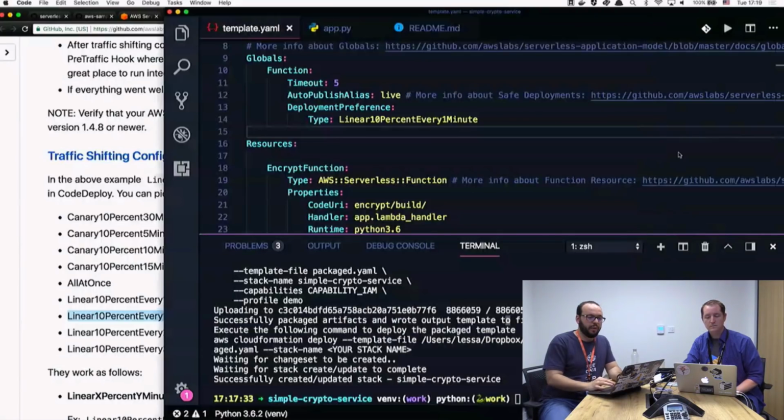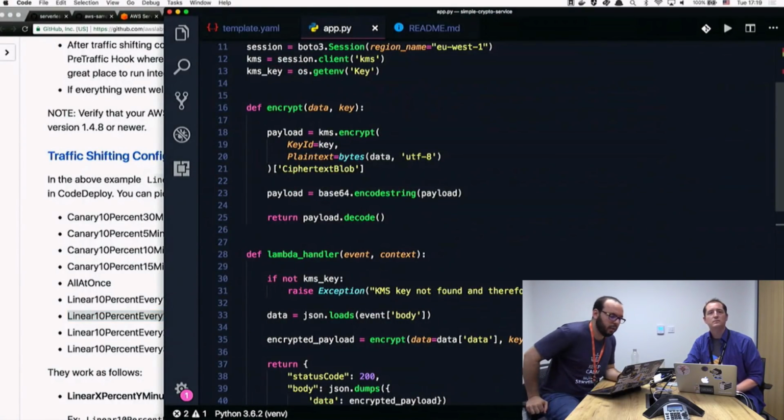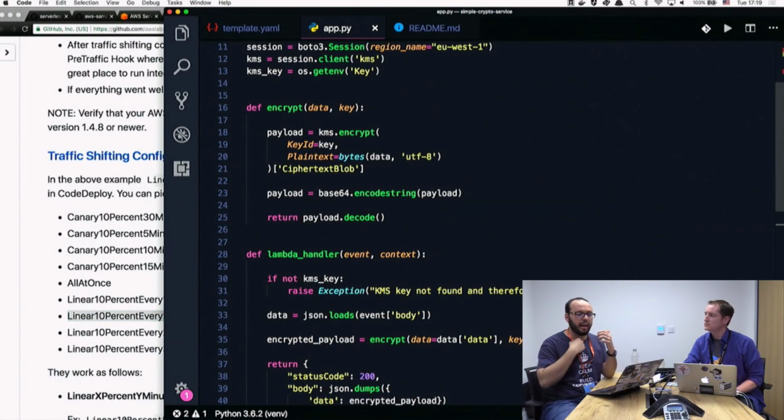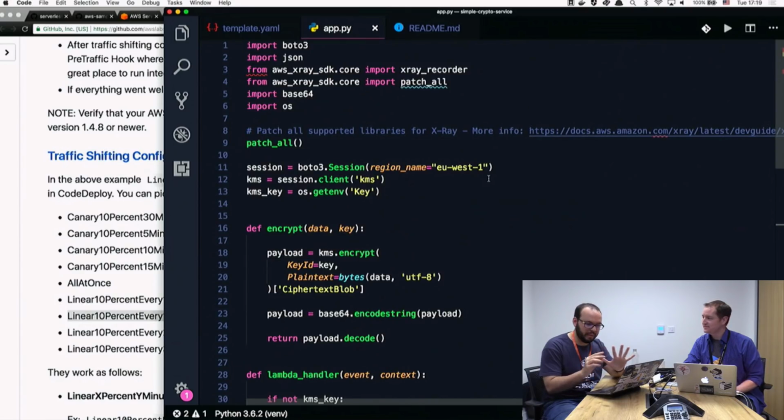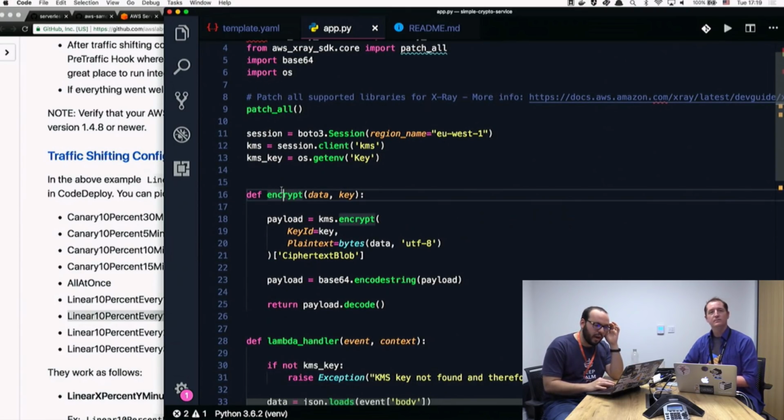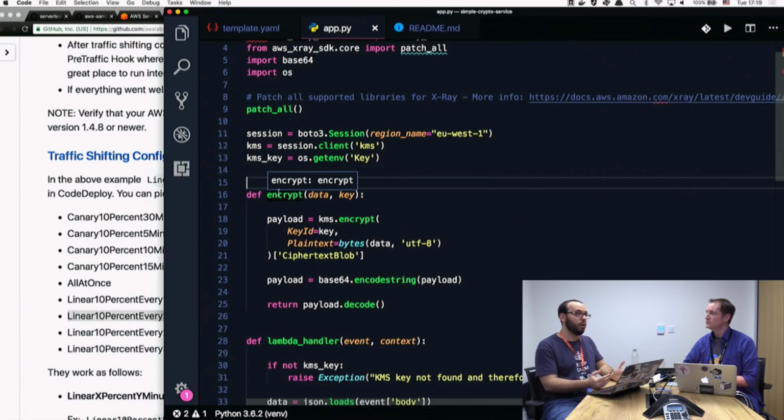Okay, so if we go now to our application, I think we're not going to have enough time for doing the decrypt because I'm looking at the clock right now, but I want to make sure you get the most of it and the best practices in general. So for now, we don't know how long this encrypt function actually takes for us. We know the KMS.encrypt. If we want to know exactly how long that encrypt takes,